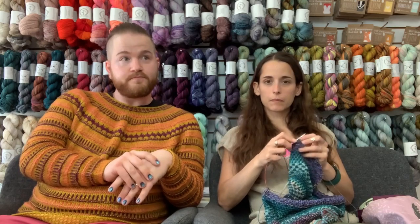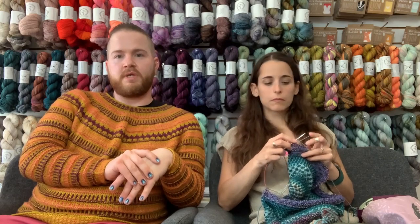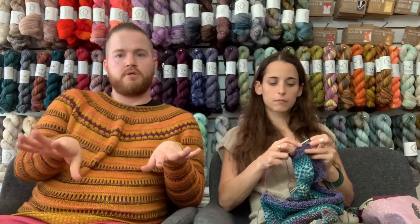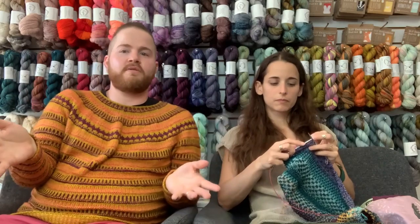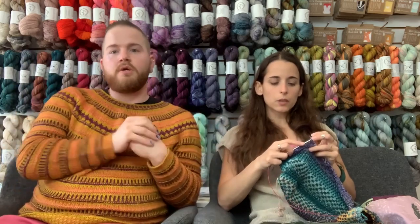I'm interested to maybe start this one because I have never done an in the round bottom up sweater yet. So I think that this one would be fun to try out. I want to read the pattern before I say that maybe I could extend the sleeves a little bit, because I don't want to put forth that you could extend the sleeves and have it not look right. So, here's a question, because this does say sleeveless,